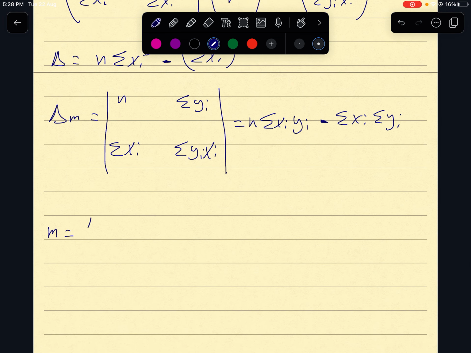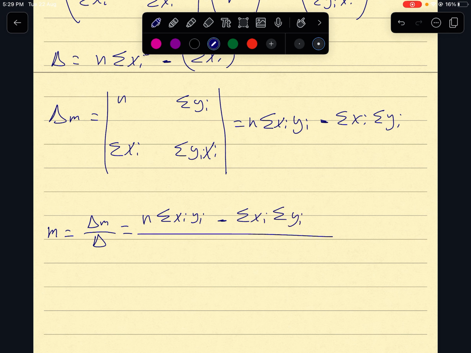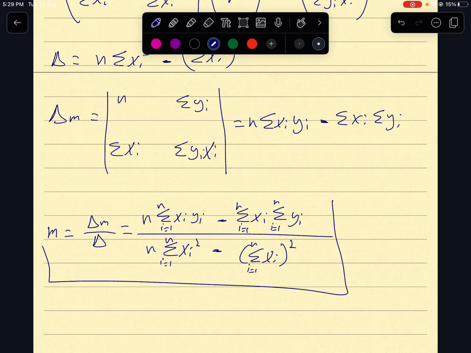So m equals determinant m over the determinant, equals n sum xi yi minus sum xi sum yi over n sum xi squared minus sum xi all squared, with i equals 1 to n in each sum. So I got the value of m